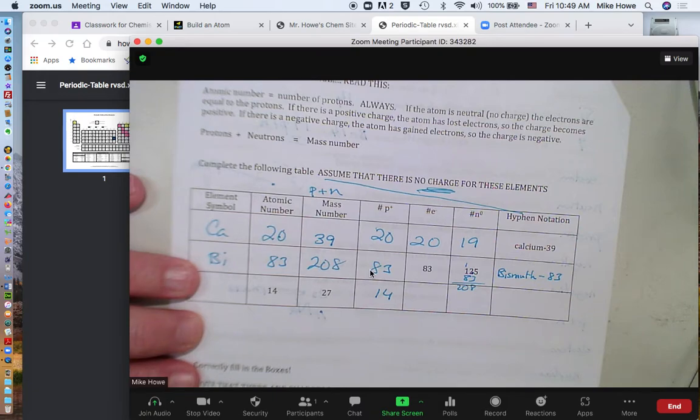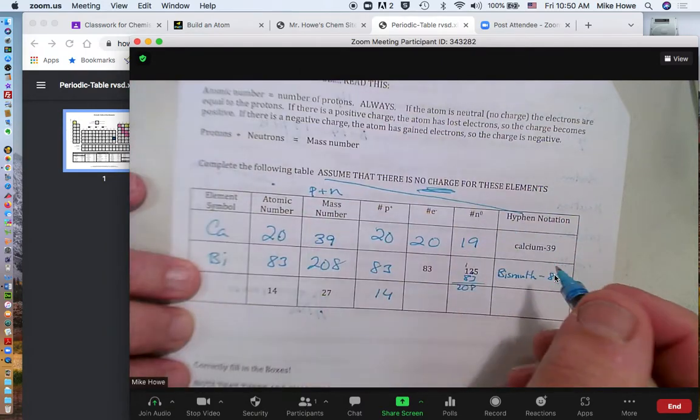So, reviewing bismuth real quick, we knew 83 protons. 83 is the number of protons, and that's the atomic number. Add the 83 and the 125, and we get 208, and that's the mass number. The symbol's Bi, and then to write the hyphen notation, you just write down bismuth and hyphen,